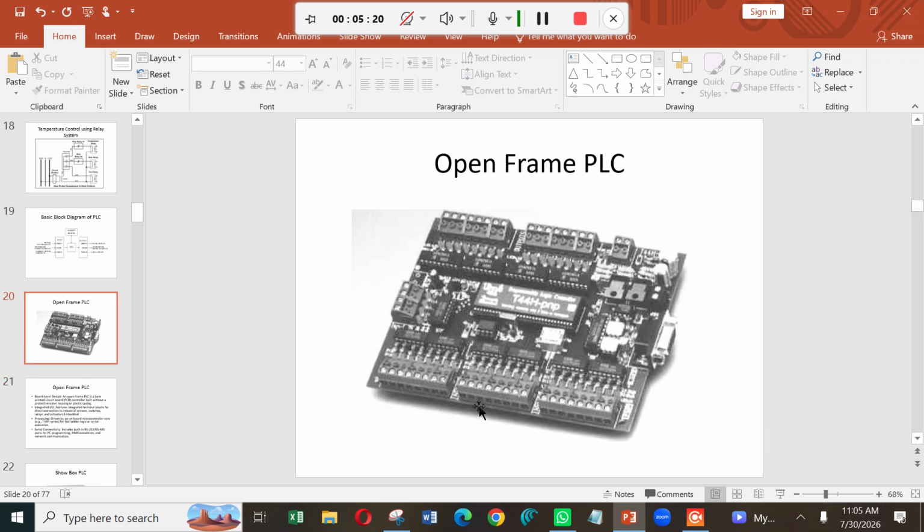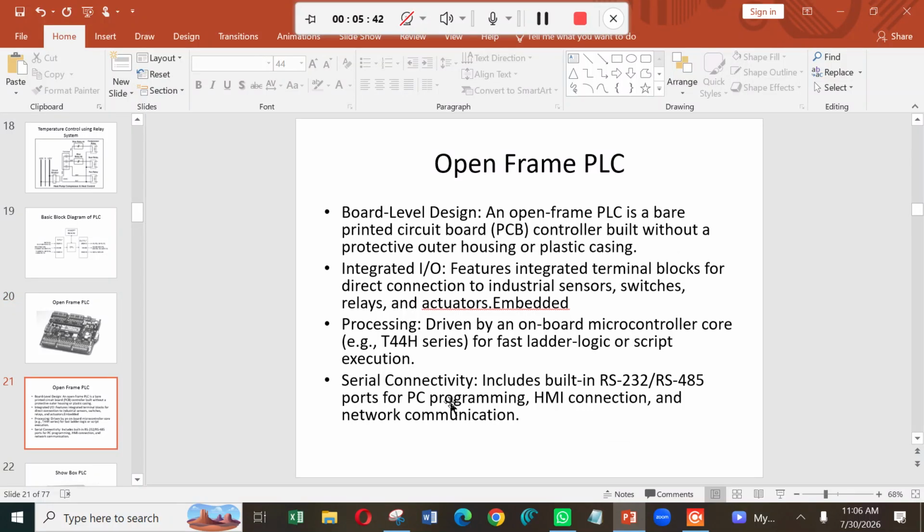So these are the terminals you can see here, where you can connect the input output devices. Like in the Arduino board you also have plugs, like jumpers. In the Arduino board you can see jumpers. Like that, here you can put the wire and tighten it in the terminal block. That is what they want to say. Okay. So you can connect sensors, switches, all these things.